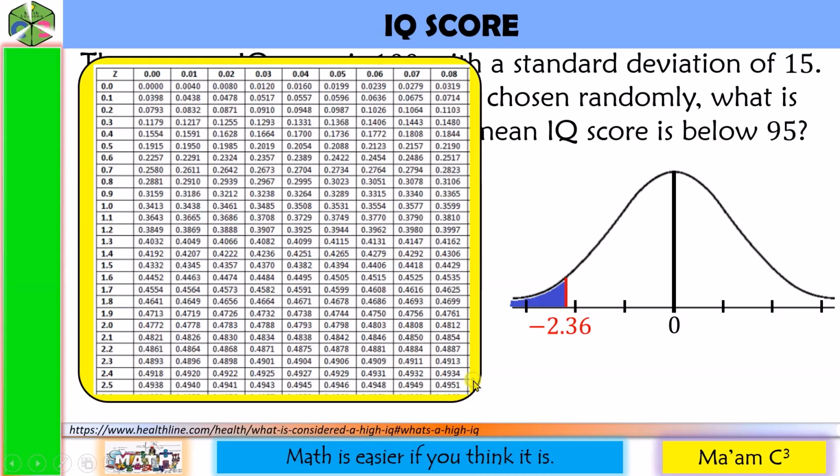Let us recall our z-table. Let us look for the first two digits on this column. Again, we do not have negative values here. So instead, we are going to look for positive 2.3. And then the hundredths digit on the top row. So we have here 0.06. Let us get the intersection. And this is 0.4909. This area is from the mean up to negative